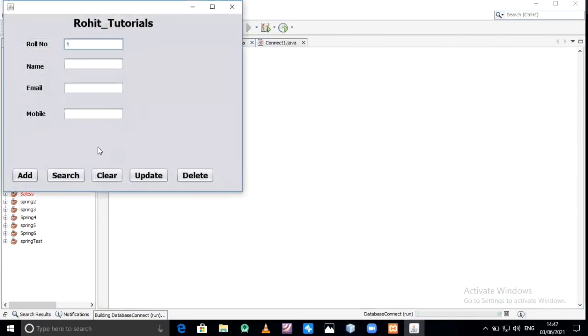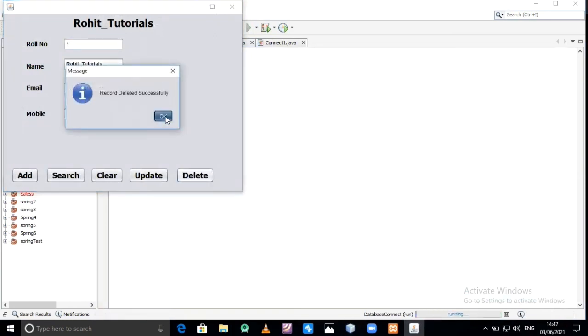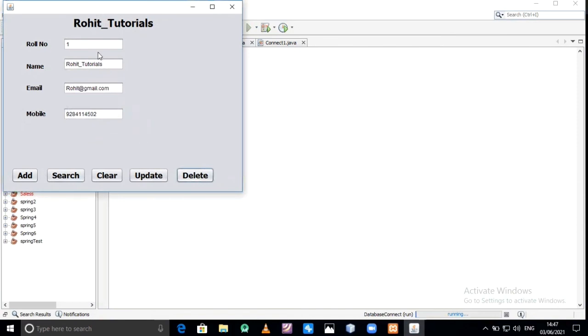Run the program. Suppose 1, search, delete. Okay, record deleted successfully. After deleting the information, this would be cleared.